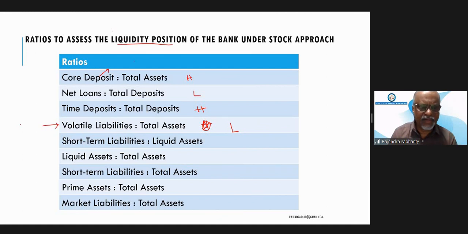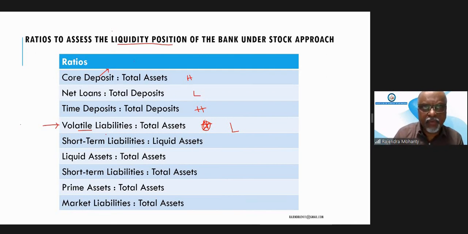Suppose volatile liability means market borrowings we are doing. They are volatile in nature, for a very short term, maybe 7 days or within 14 days you are borrowing. So every time you need to borrow, that means